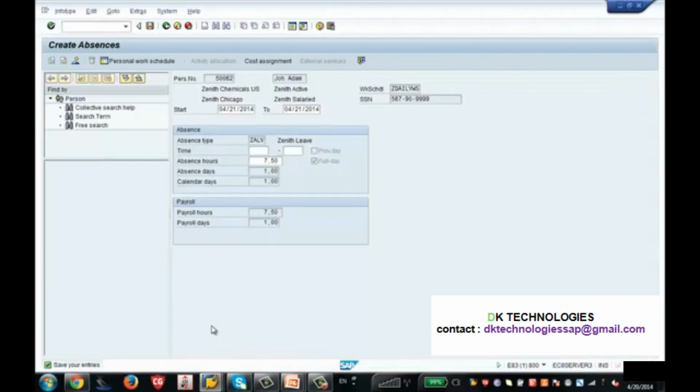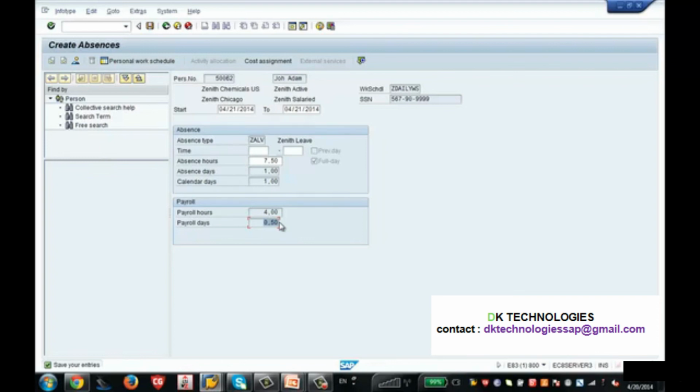Now I'm going here, pressing enter. The moment I pressed enter, see, it is calculating 4 hours. Why? Because I have given 50%. See, payroll days is 50. Even though the absence days and calendar days are 1, payroll is what is looking at the absence counting, because payroll is the main key which pays the amount to the employee, right? So even if the person applied for 1 full day of leave, payroll is taking only half a day, meaning it is still paying for the remaining half day.